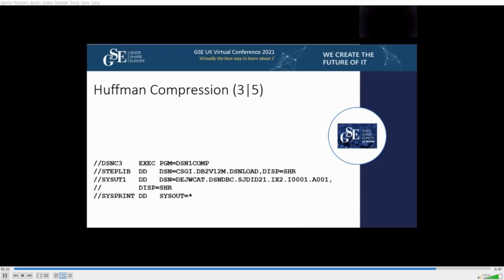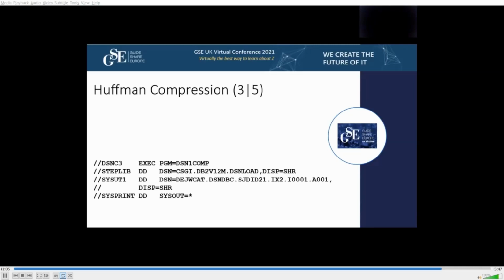Again, DSNU1COMP is available to us. And the ability to show both fixed and Huffman encoding in DSNU1COMP was implemented in an IBM APAR PH19242. The PTF was UI69388, and this APAR was closed on May 7th, 2020. The title is Enhanced DSNU1COMP to provide compression ratio estimation for Huffman compression and provide comparison to existing fixed